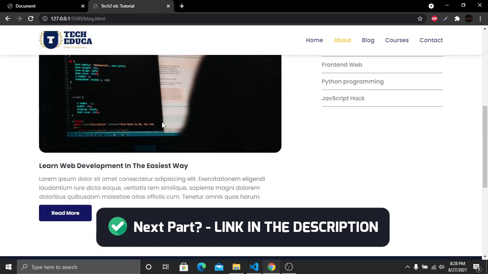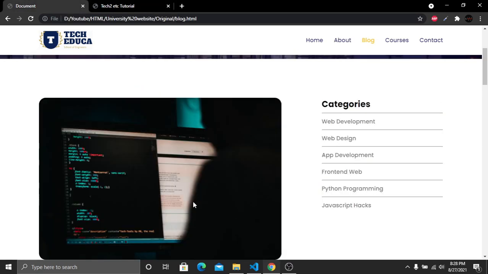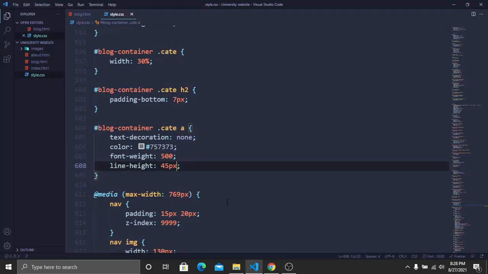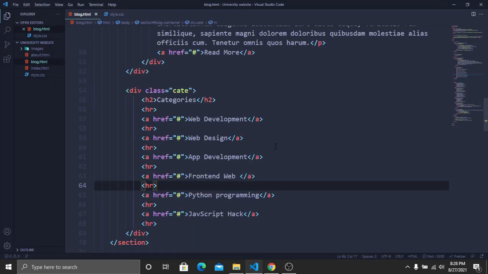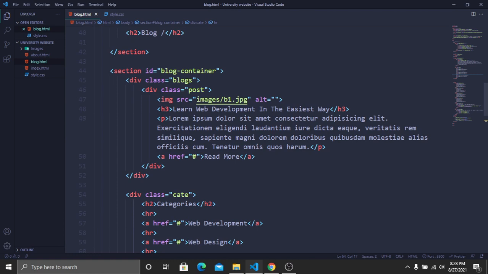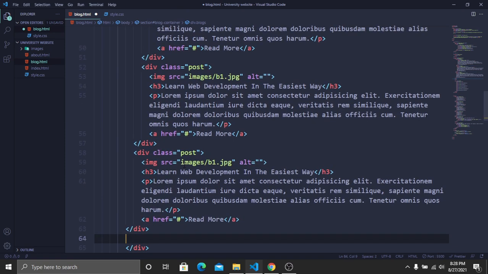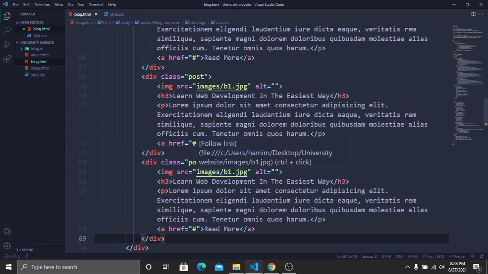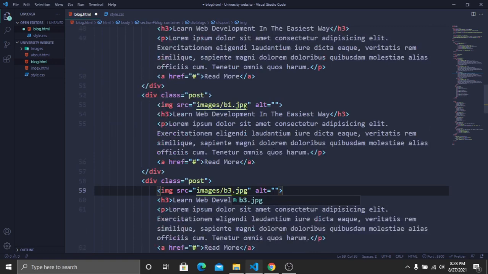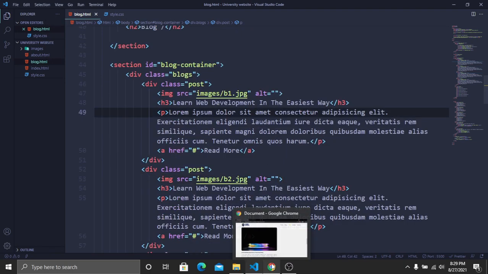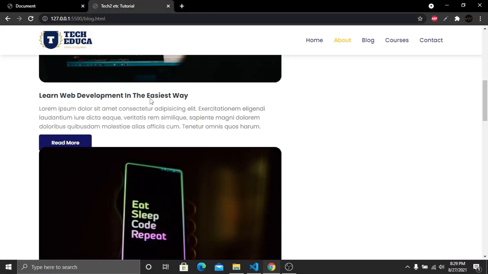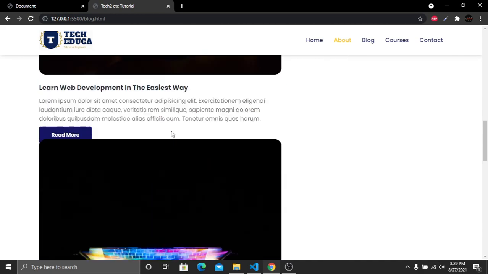So underneath this block I want to add some more blocks like this one. So just go to our blog HTML, and from here just copy this one and then paste it 4 or 5 times. That's it. And then now simply change the images. That's it. Now save and go to our website, and here you can see that we have our images here,